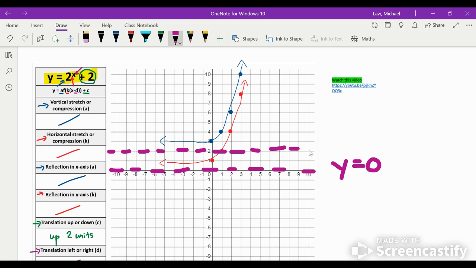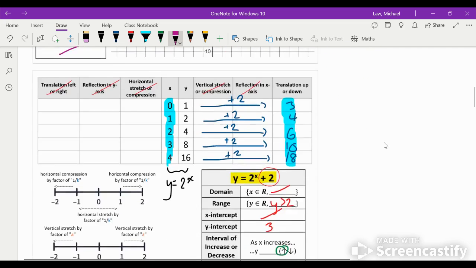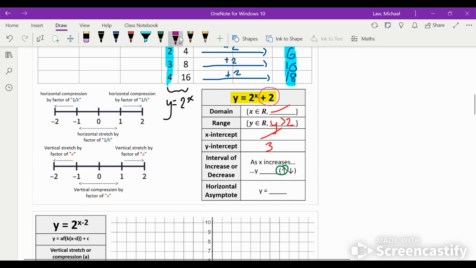It is moved 2 units upwards as well, which means its new equation would be y equals 2. So I'm going to put that right over here, and that explains why the range was y has to be greater than 2. It's related to the horizontal